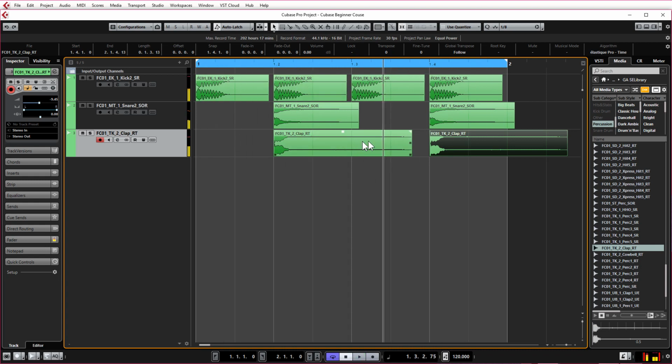Now I do like that tail, but I don't want it to be playing every single time, so I'm going to shorten this second clap here. So I'm going to turn off the snap, and go to this control point at the far right hand side and drag that in, so it's taking off most of the tail. And just to make sure that there's no nasty clicks or pops, I'm going to drag in the right hand envelope as well, just slightly, to make sure that's a nice smooth transition at the end there. And when I play it,